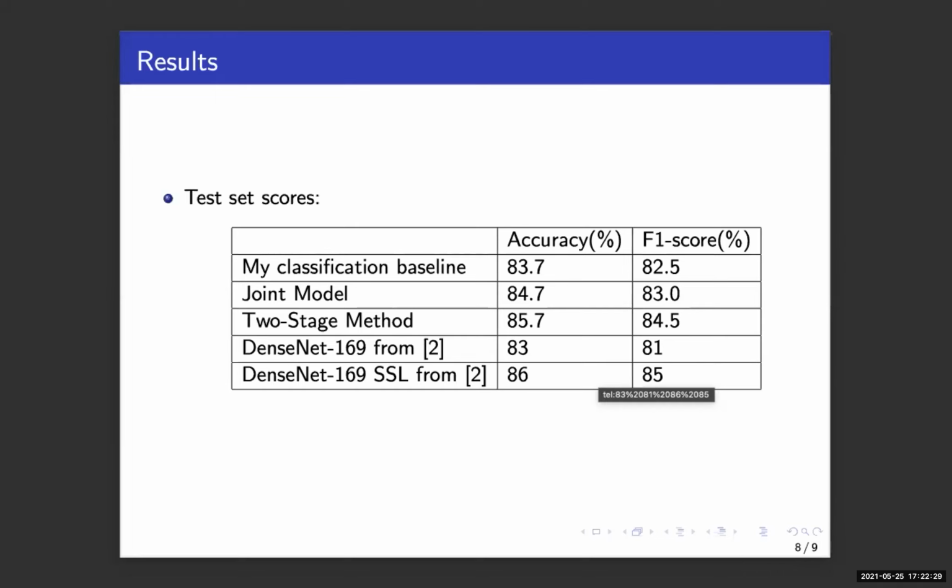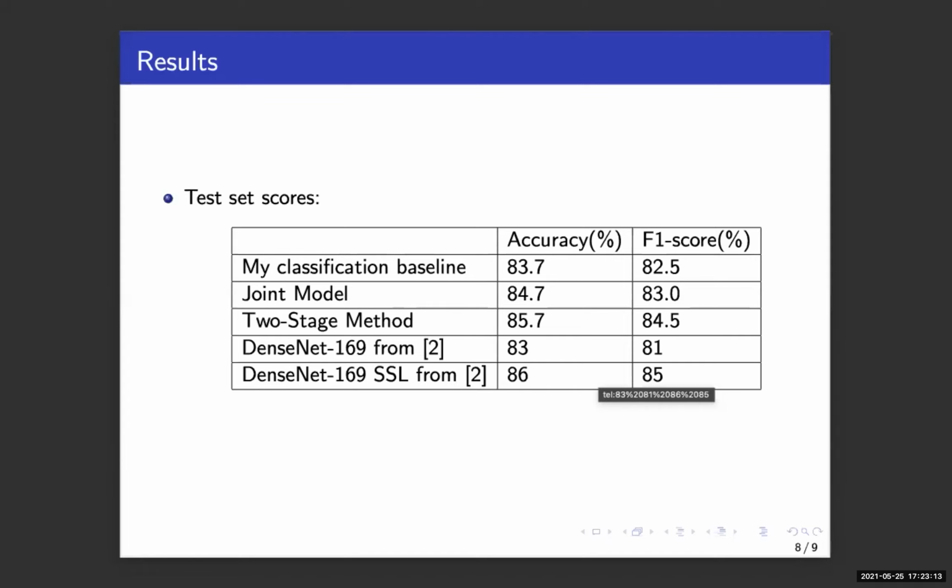And also another conclusion is that, in my opinion, the best method is the two-stage method, and it was also a bit faster because the joint model had to train for quite a long time. It was training for more than about 80 epochs on the dataset, which consisted of both classification and segmentation images. And in the two-stage method, the segmentation network trained for about 4 epochs,